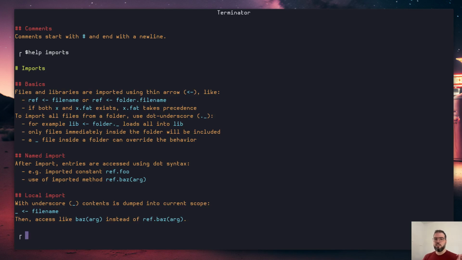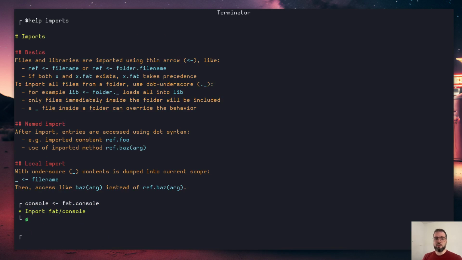For imports, we already saw a little bit of this in the Fahrenheit example, but you can import to reference the library you're trying to import using an arrow to the left. So for example, if you want to write the simplest program everybody writes, the Hello World program, we're going to import to console, to this reference, the library fat console. Okay, so now if I type console,